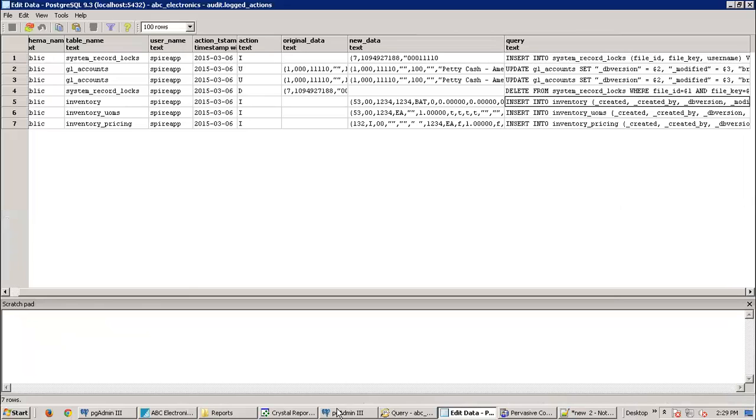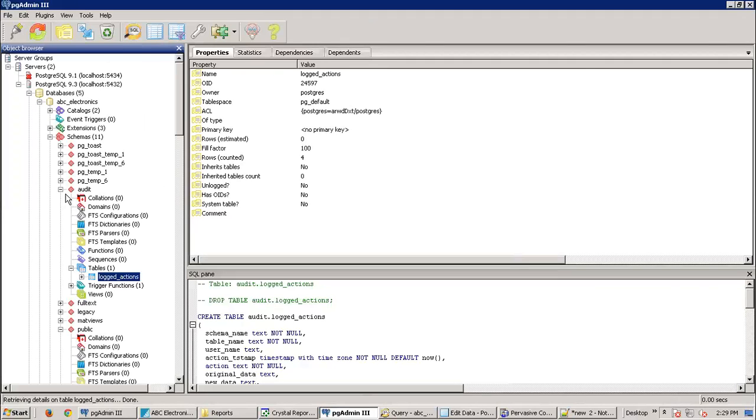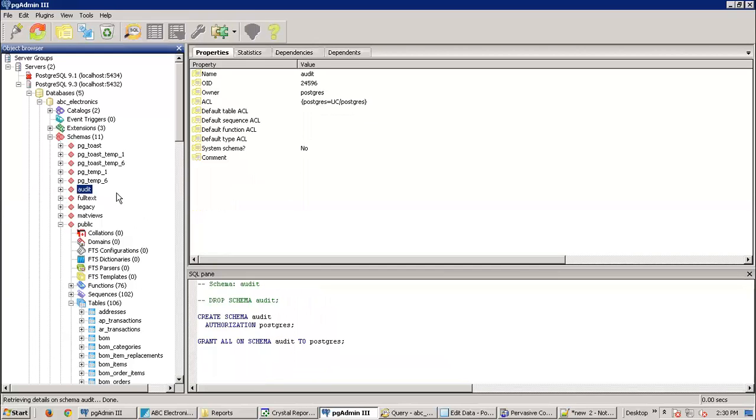That is the audit schema. So I have it installed here. I added it here by executing queries. Anybody who's interested in doing that inside the database, let me know, and I'll email you the queries that you have to execute in order to create a schema, and then create the table and the trigger function that does the auditing for you. I can do that. That is for the auditing purposes, so there's some useful information for those of you who